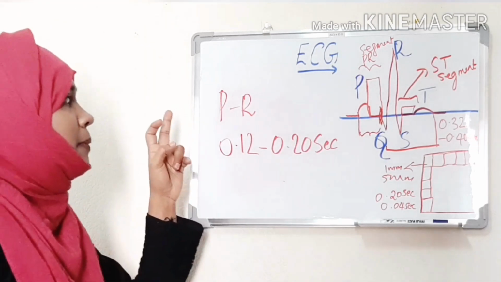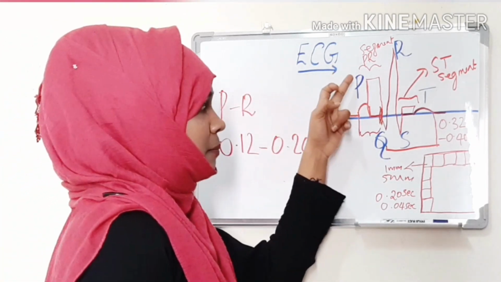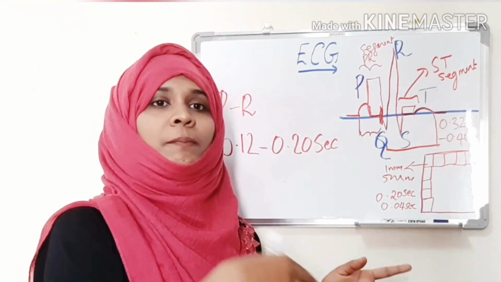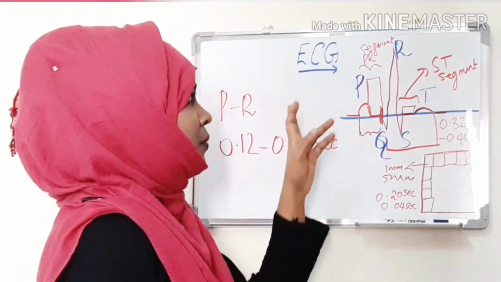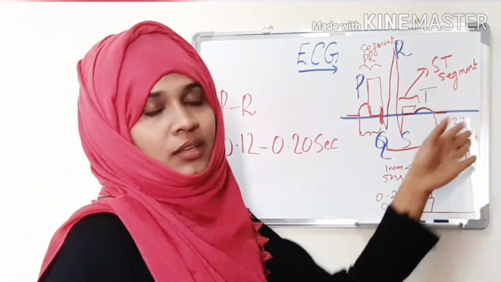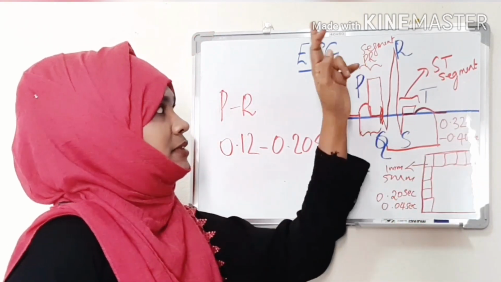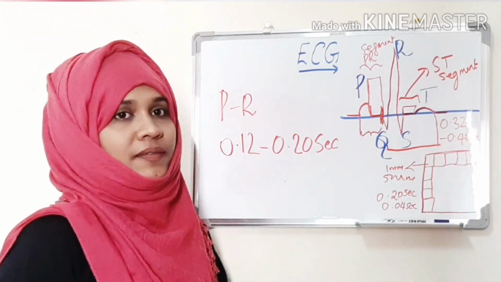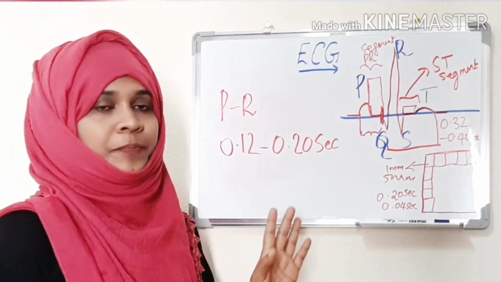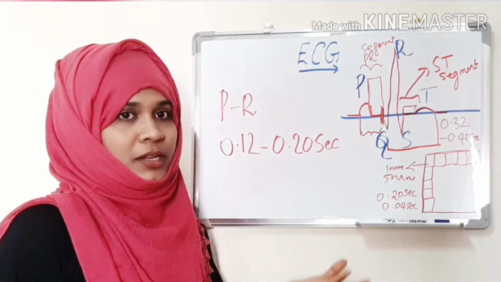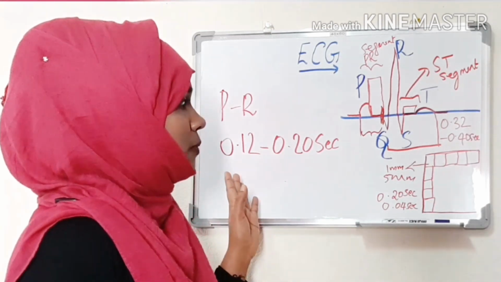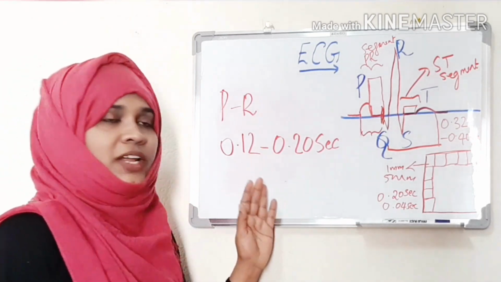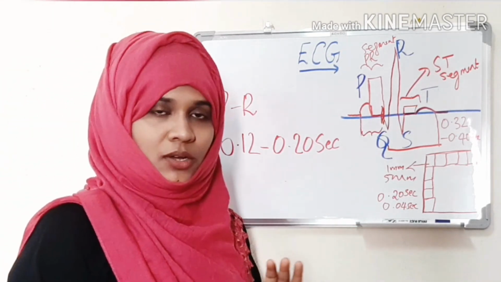So we learned about the PR interval, PR segment, QT interval, and ST segment. There are also the PP interval and RR interval. That is easy. From the first P to the second P in the ECG is called the PP interval, and from the first R to the second R is called the RR interval. So I hope all of you understand. And what is the speed of the ECG? 25 millimeters per second. And I hope all of you understand the normal characteristics of waves, the normal intervals and the normal segments of waves.